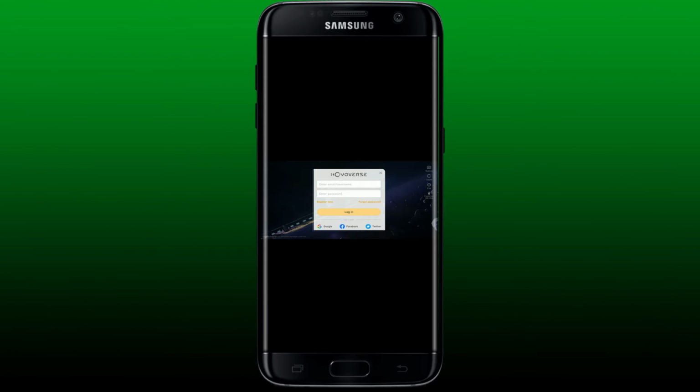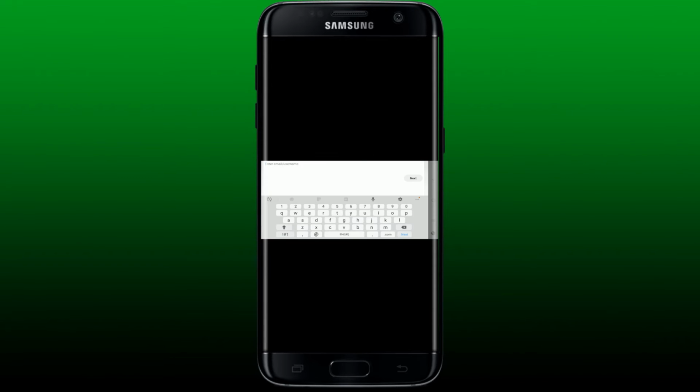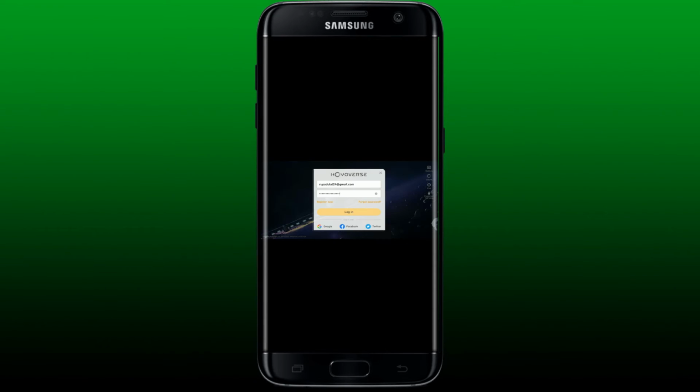Start up your game and then you'll end up in the sign in area. To sign into your account, you can enter your HoYoverse account's email or username followed by password. Go ahead and type it in the text box, and after you are done entering both of your credentials, tap